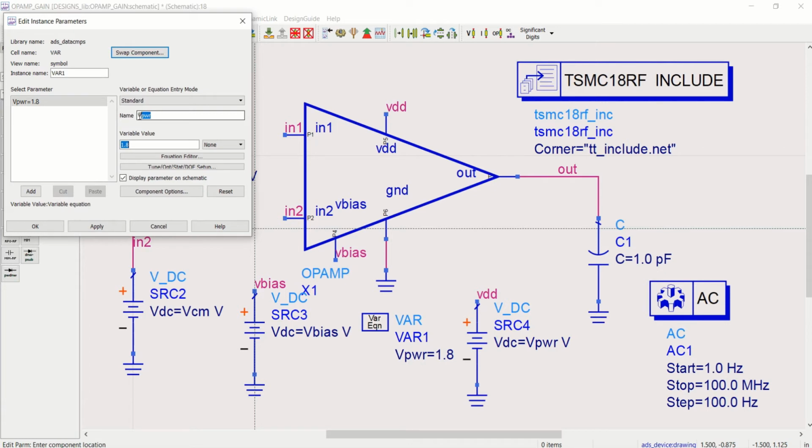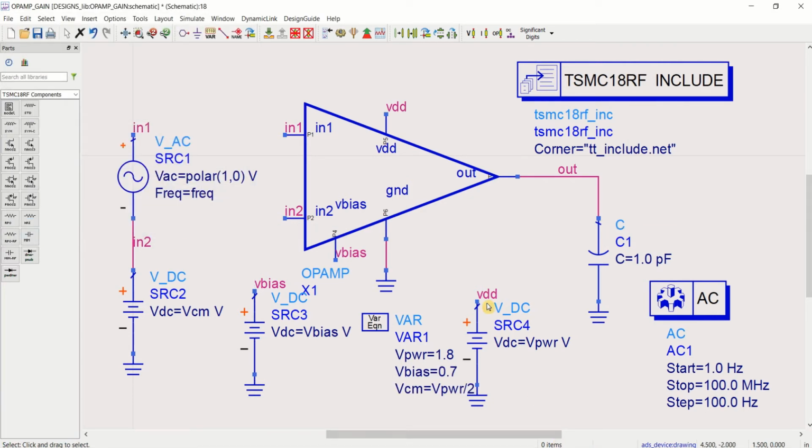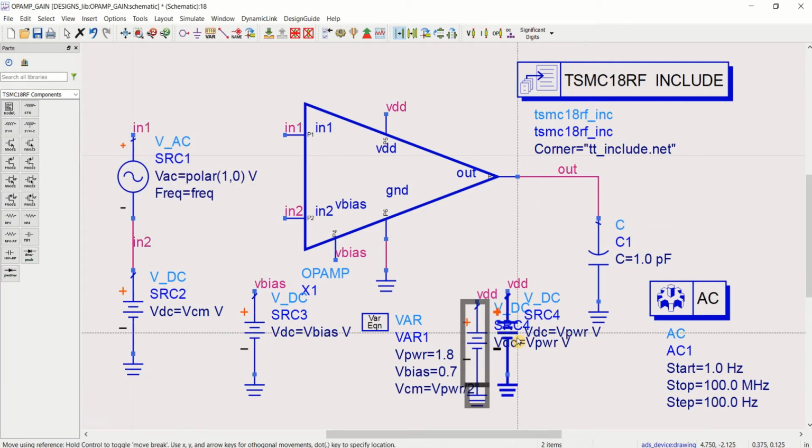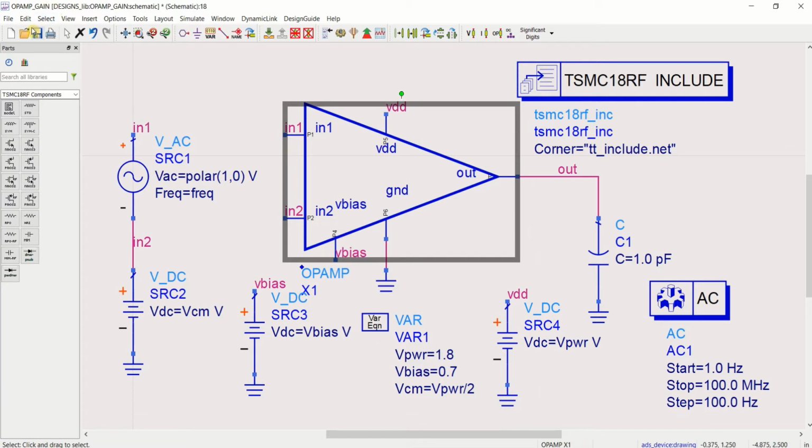Next, VBIAS, that is to provide the fixed bias potential to make the transistor on. It is 0.7 volts. And common mode voltage VCM is half the VPower, which is 0.9. So I have added 3 parameters. Click on OK. So you can see all the 3 parameters included.